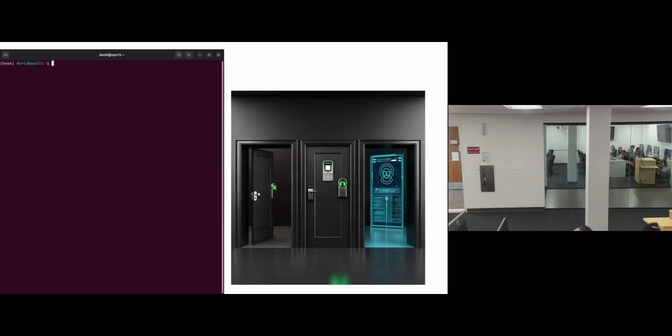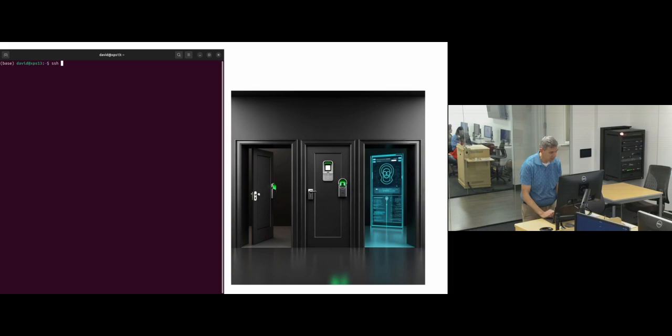All right. So here I've got a terminal, so I can type in SSH and then my username, and then login.wave.su.edu, right? And when I type this in, if you've never logged in before, it's going to ask you to accept the connection. You only do that once. Once you've done that, then it'll ask you for your password, and then it's going to log you into the HPC. I've done some magic stuff, which I'll tell you about later. So when I do this, it's just going to log me in directly.